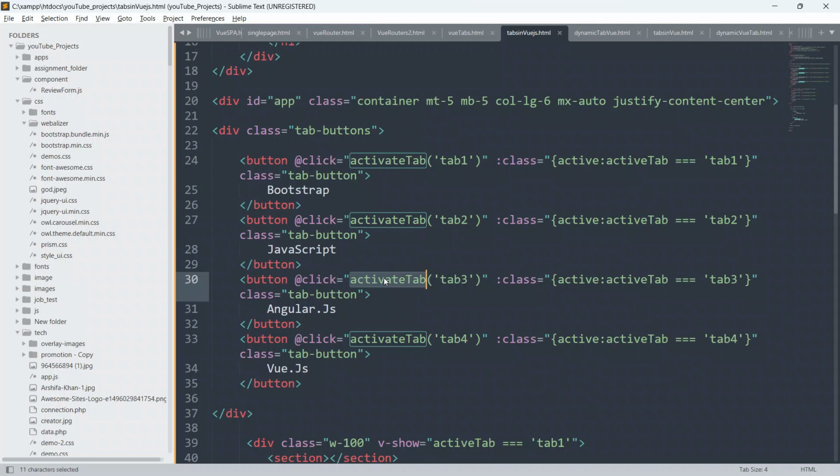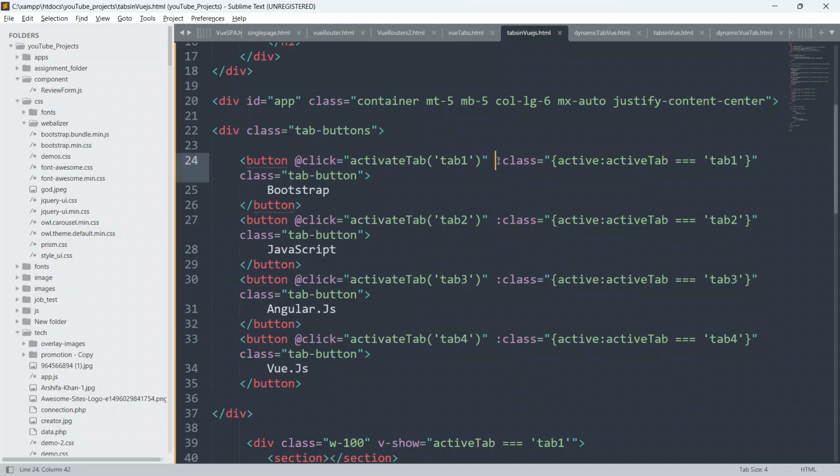We are also calling here the function activate tab, and here we are also calling the function activate tab. And we are passing as a parameter tab 1, tab 2, tab 3, and tab 4.